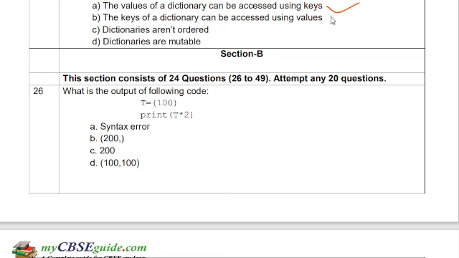No, it is not correct. Okay, keys cannot be accessed using value. The value can be accessed using key, but it cannot be reversed. Dictionaries are not ordered. Yes, it is correct. Dictionaries are mutable. Yes, it is correct. Only B is false, and that is the correct answer according to the question.